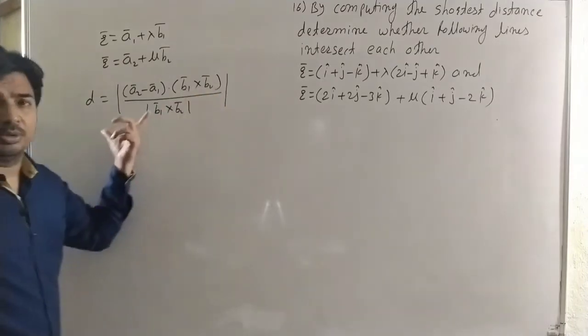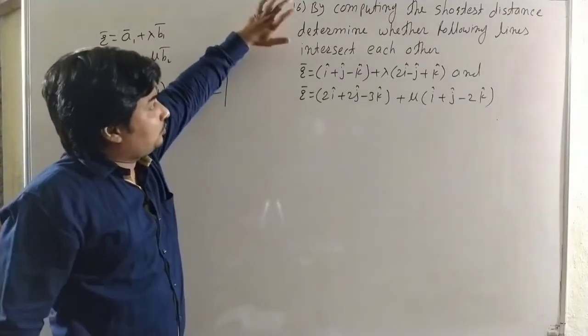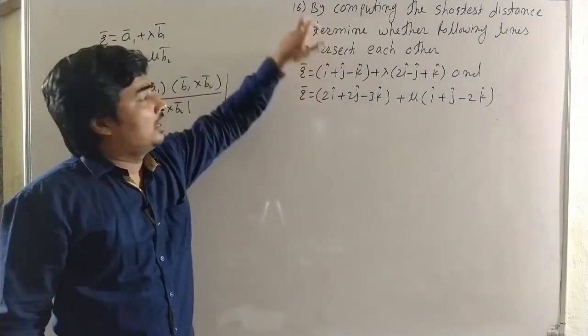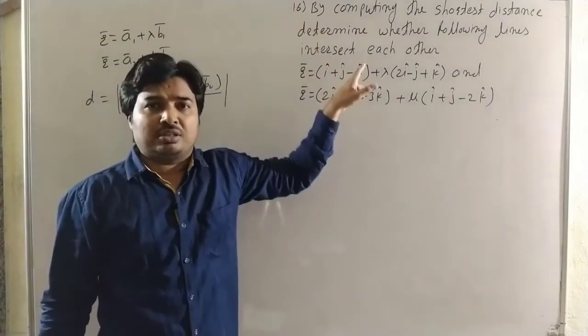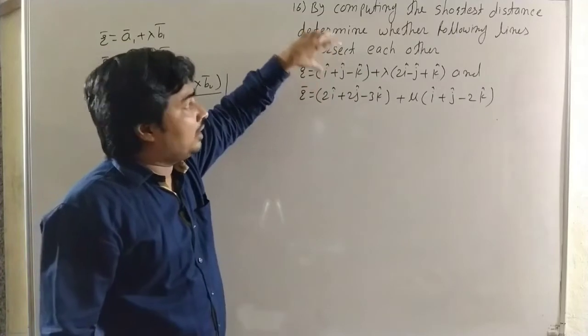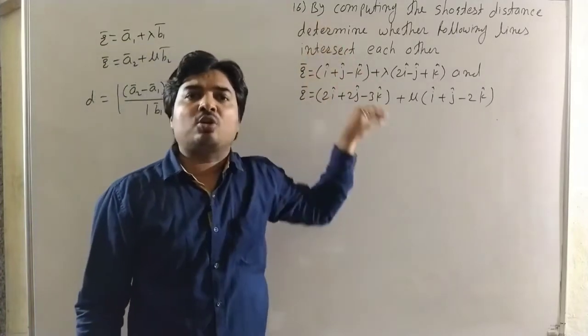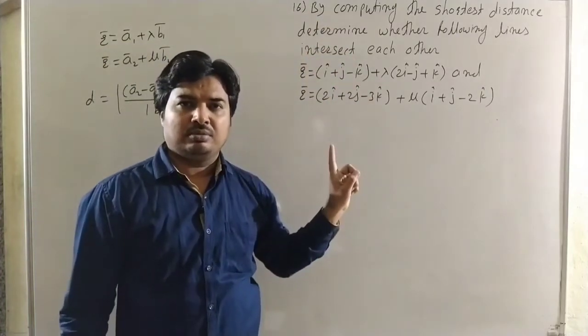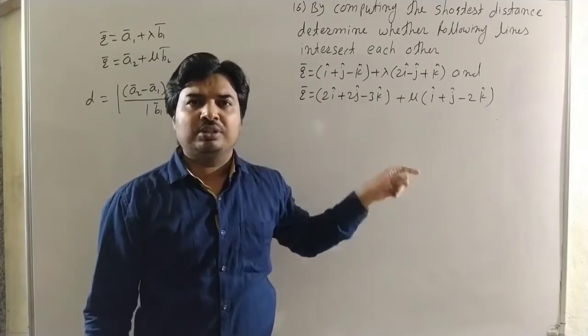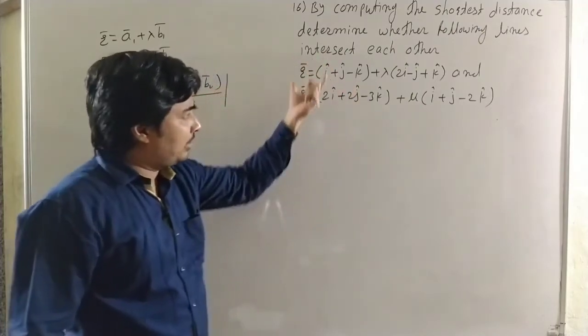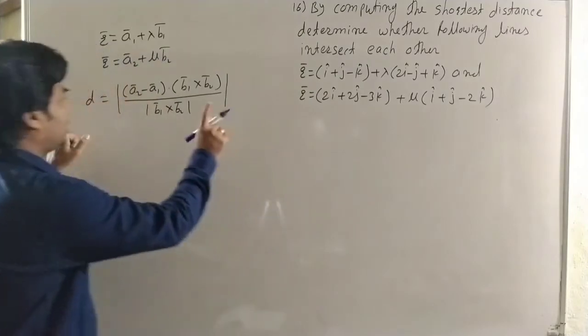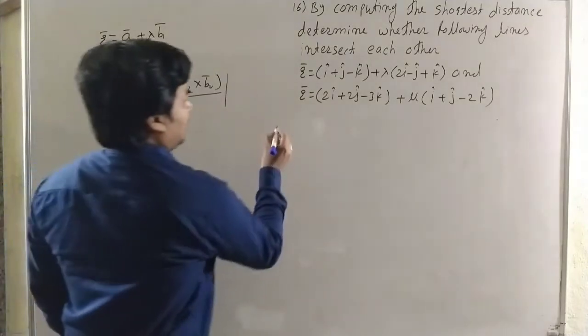Here, see carefully. The question is, by computing the shortest distance, verify whether these lines intersect or not. If the shortest distance between them is 0, then the lines intersect. First we find the shortest distance by using this formula. Now, given lines,